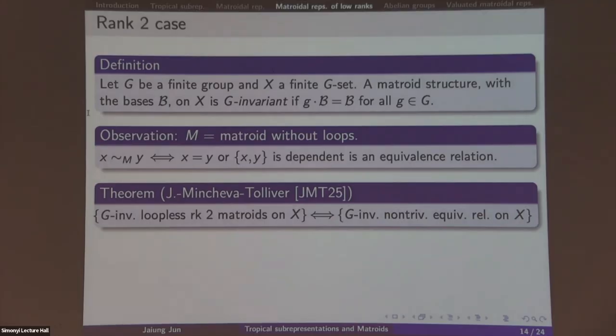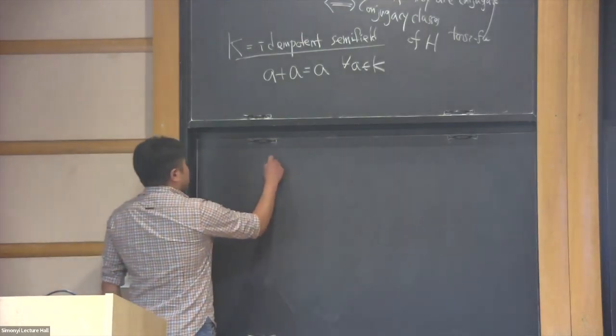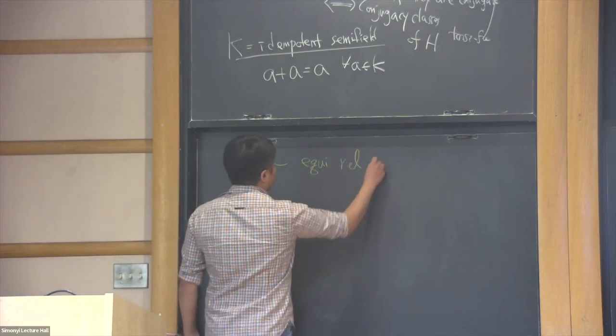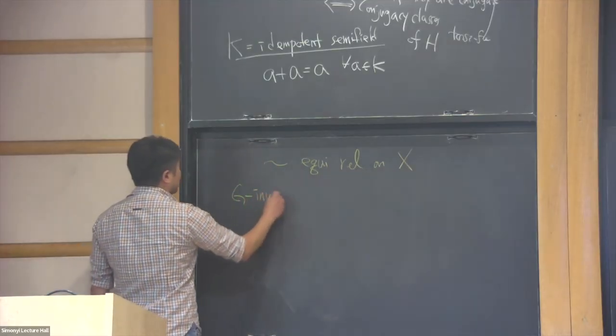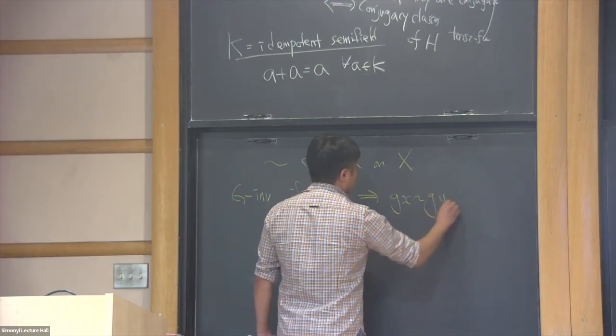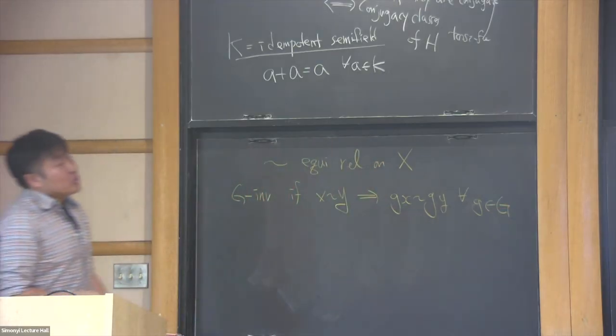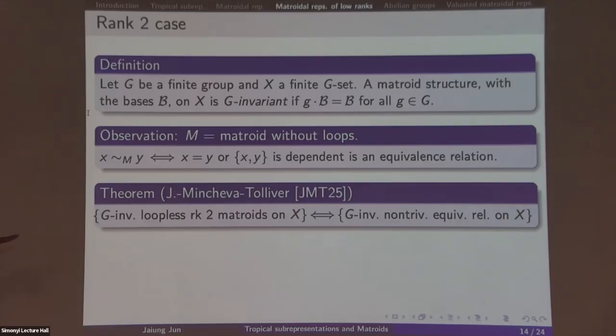So with this, one can prove that there is a one-to-one correspondence between G-invariant loopless rank 2 matroid structures on X and G-invariant non-trivial equivalence relations on X. What I mean by G-invariant: if this is an equivalence relation, saying that it is G-invariant is just that the relation is preserved by the action of G. The correspondence goes in a pretty straightforward way. If you have a G-invariant loopless rank 2 matroid, then you obtain this equivalence relation, which can be shown to be G-invariant and non-trivial. And the other way around, if you have a relation here,